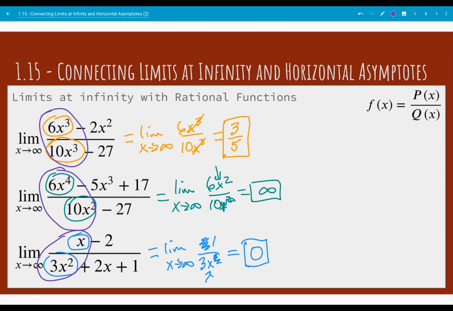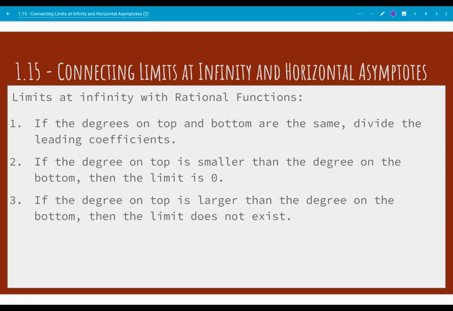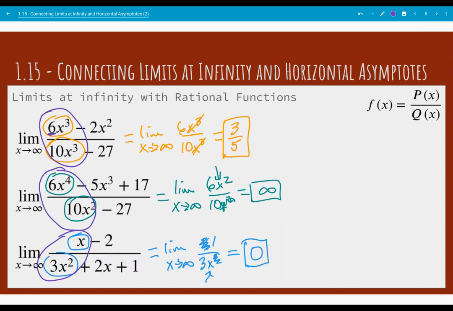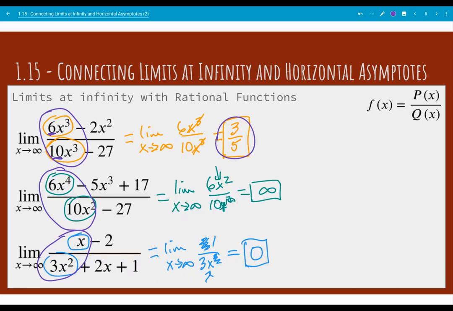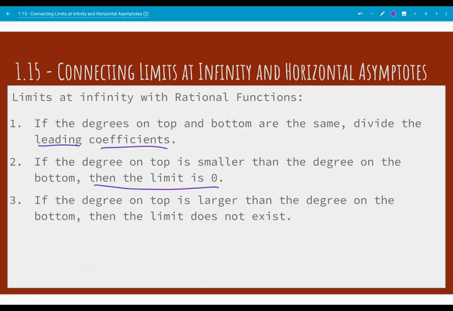So to generalize what's going to happen here as x approaches infinity on rational functions, if the degree on the top and the bottom are the same, we're just going to look at the leading coefficients. Going back to this example here, the leading coefficients were 6 and 10. We do 6 divided by 10, and that's where we got the 3/5. If the degree on top is smaller than the degree on the bottom, then the limit's going to be 0. That's actually the third example we did. The degree on top was smaller than the degree on the bottom, so we ended up with a limit of 0. And then if the degree on top is larger than the degree on the bottom, then that limit does not exist, but it's going to approach